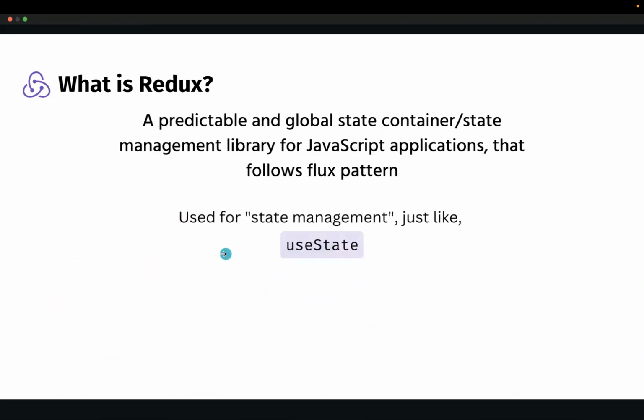Now, similar in use case, it is used for state just like useState. But what is the difference from useState? useState is a state management hook. But what kind of state? Can we say that this is local state management, right? But Redux is your global state management,